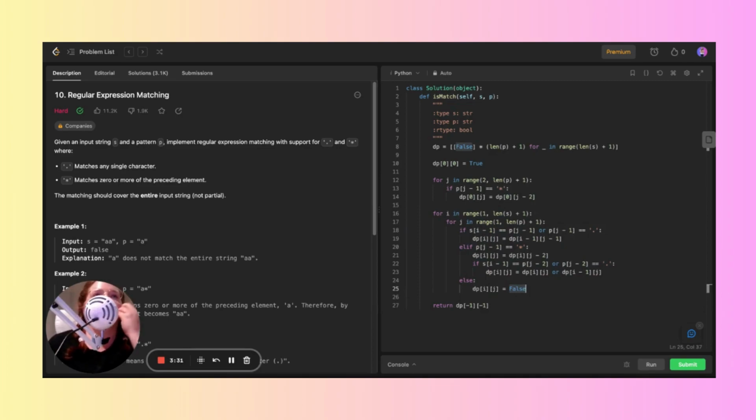These 2 nested loops iterate over the rows and columns of the DP table, excluding the first row and the first column. I think that makes sense. For each cell i and j, there are several conditions checked to determine if the current substrings of S and P match. Those conditions would be if the characters at positions in S and P are the same, or the character in P is a period, then the cell's value is set based on